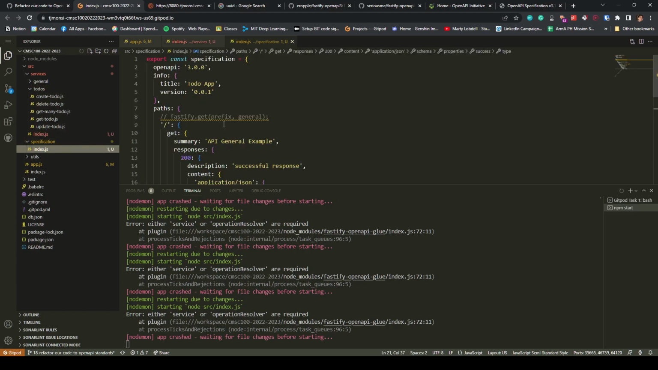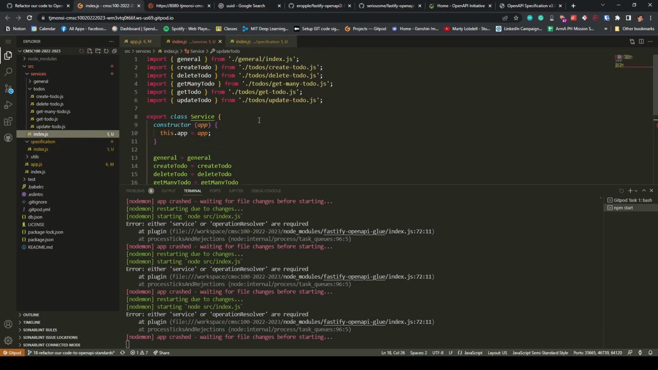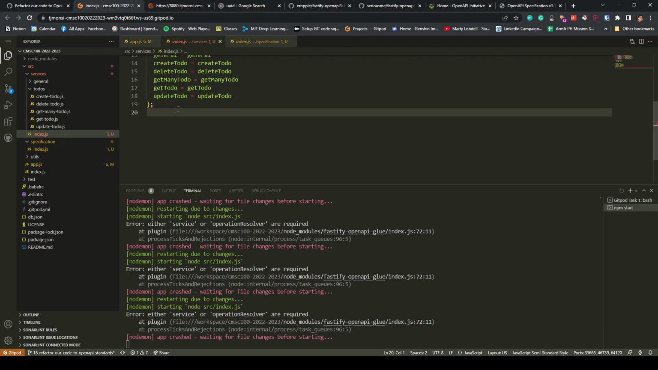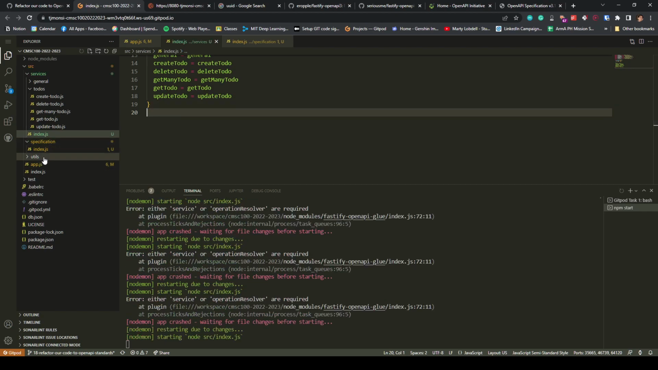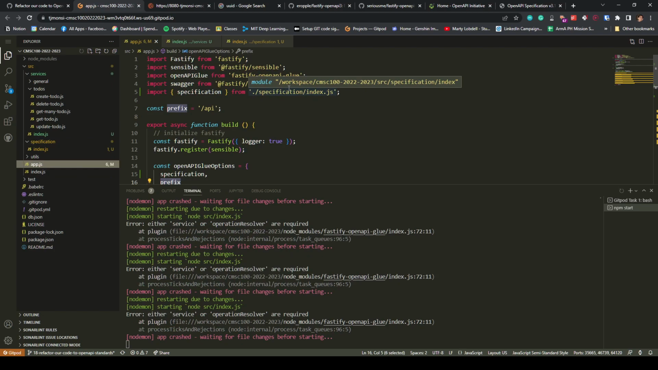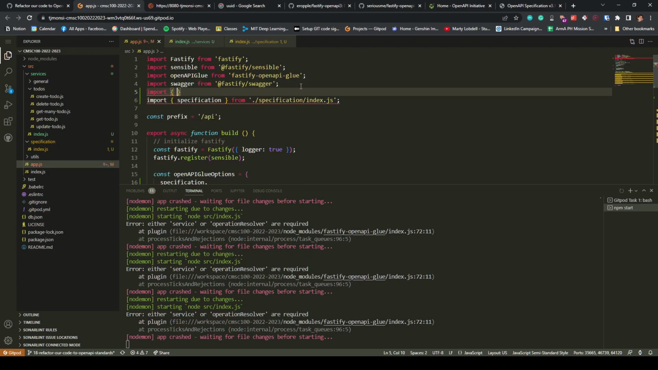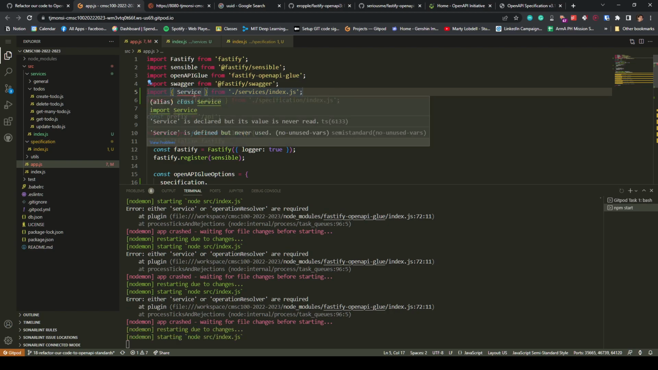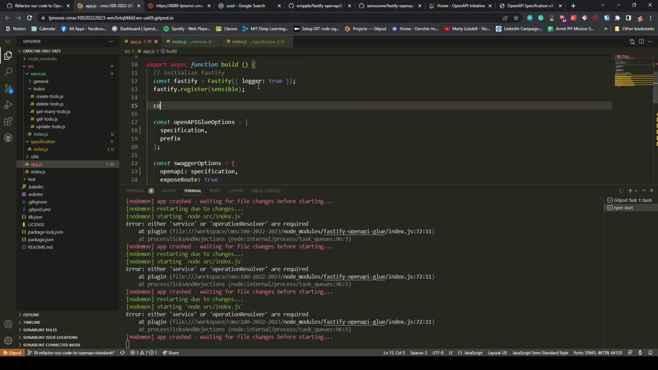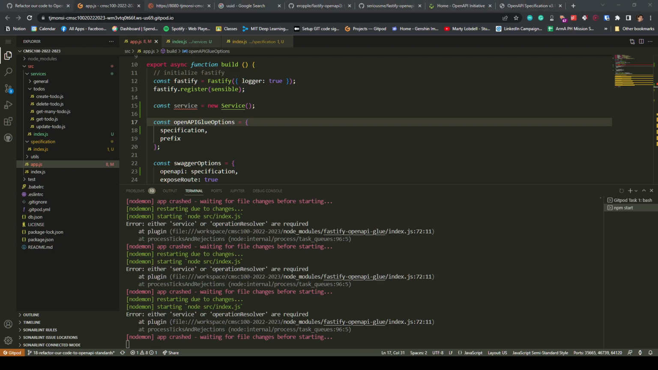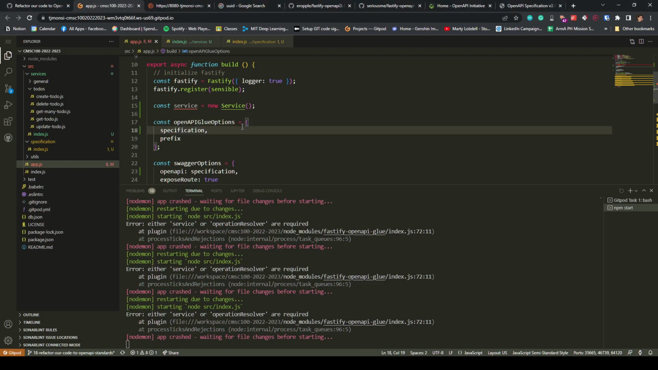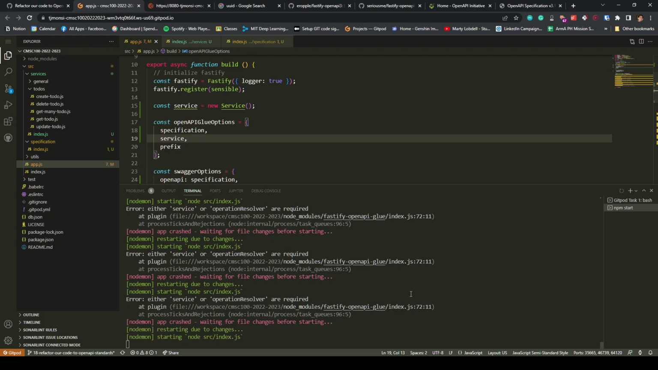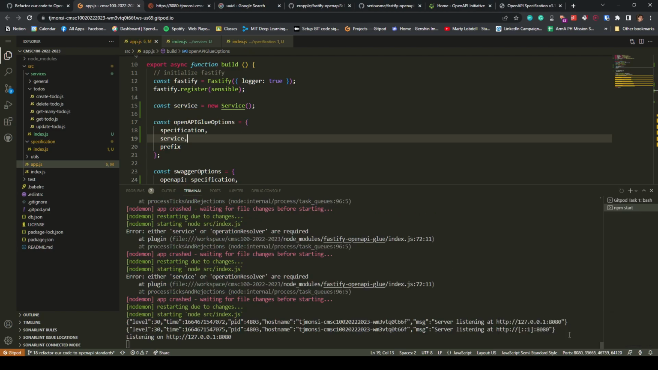What we'll need to do next is, oops, we just add this one. Ah, no, but this one, and then in app.js we will import service from the services. Then we just create const services equals new service. Oh, not services, just service. Then we'll add it here. So once that is done,